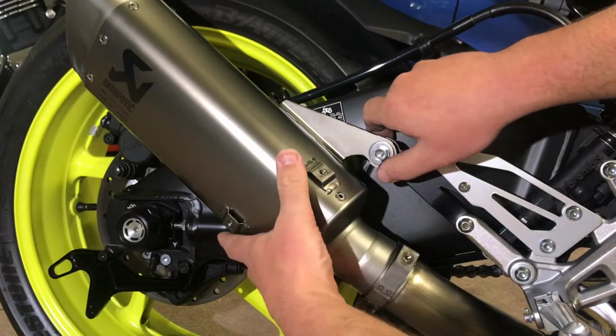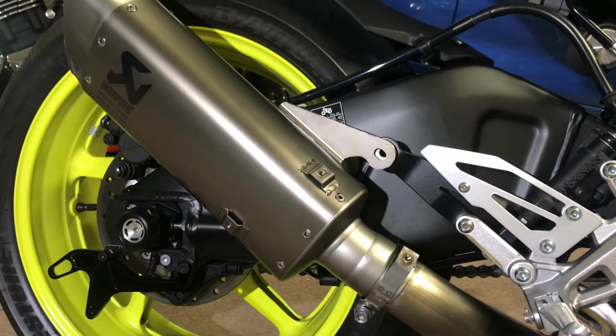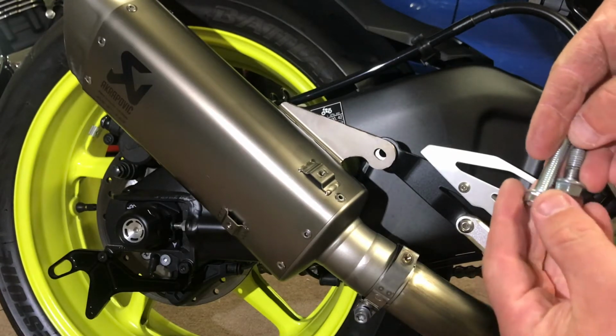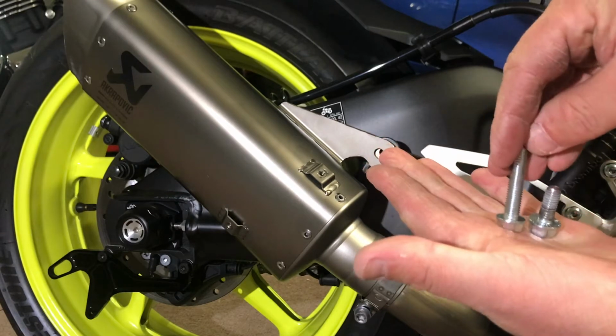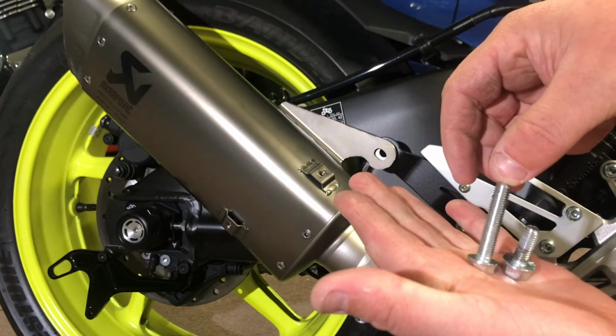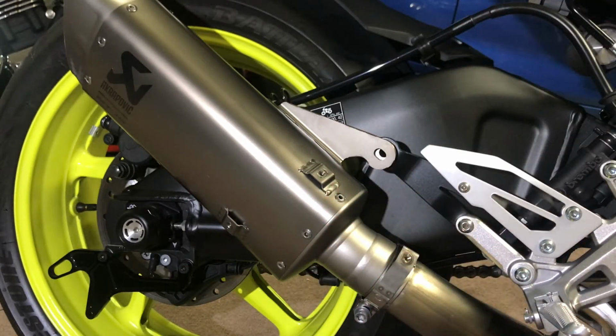So what I'm going to do is, instead of using that bolt, we'll use the bolt that came out of the original, and I will show you the length once I get it out. There we go. So there's a bit of length difference, as you can see. Hang on, I'll try and display these side by side. So as you can see, huge length difference. Yes, I could just cut this one off for all those of you that are playing at home. However, I don't want to cut it,